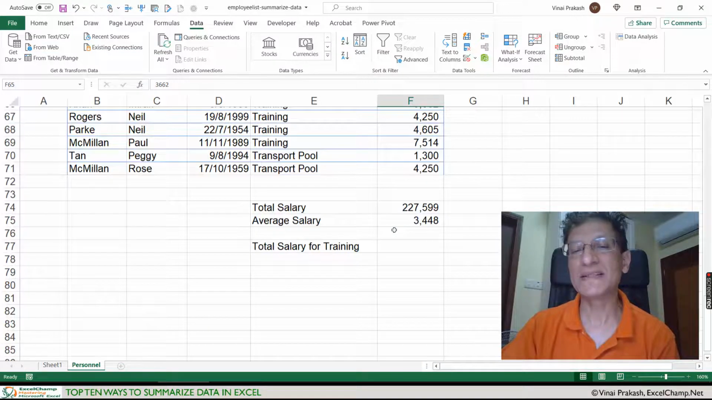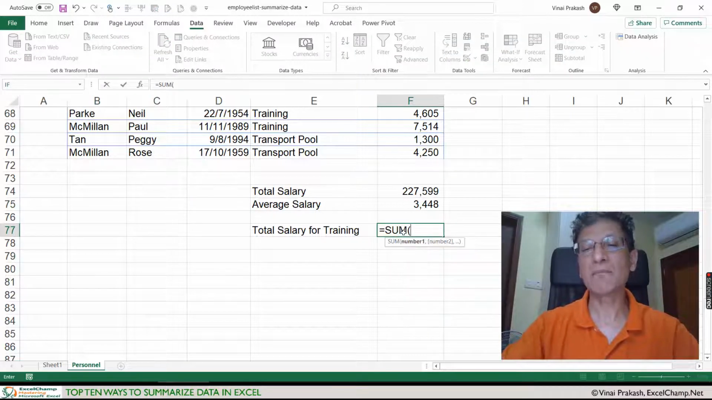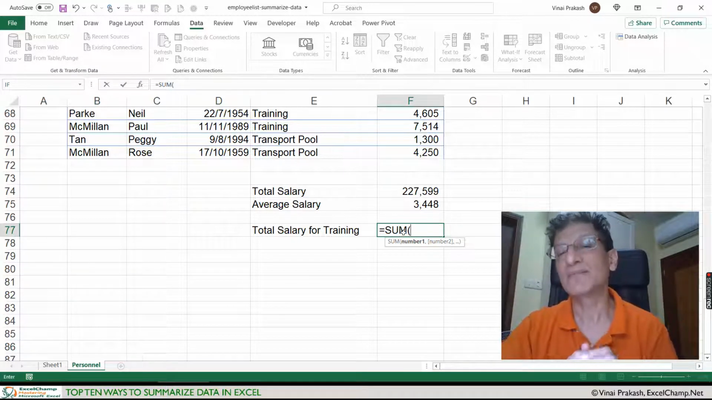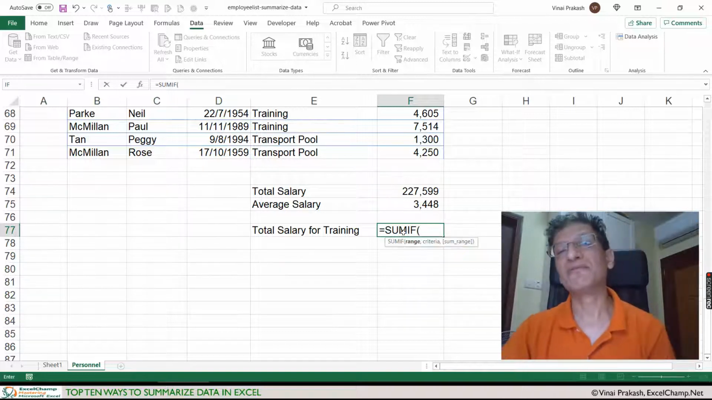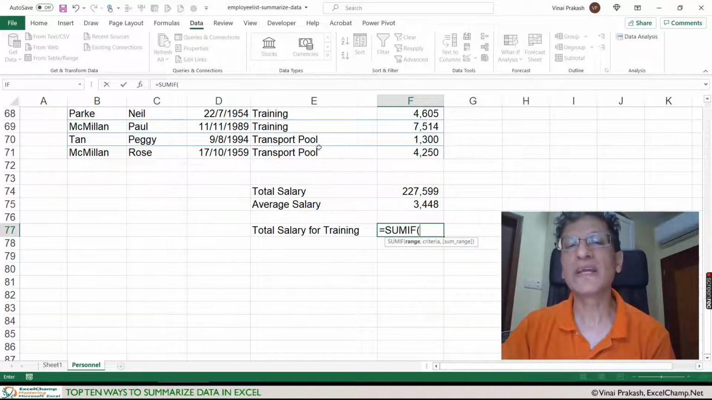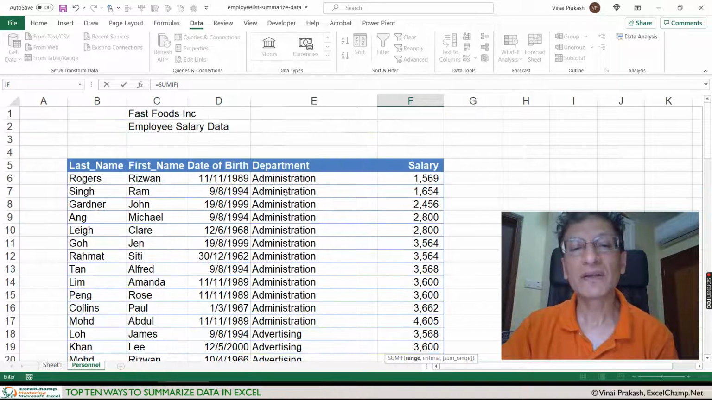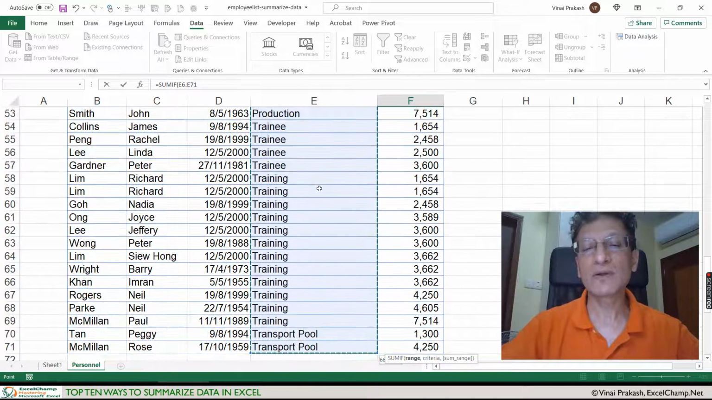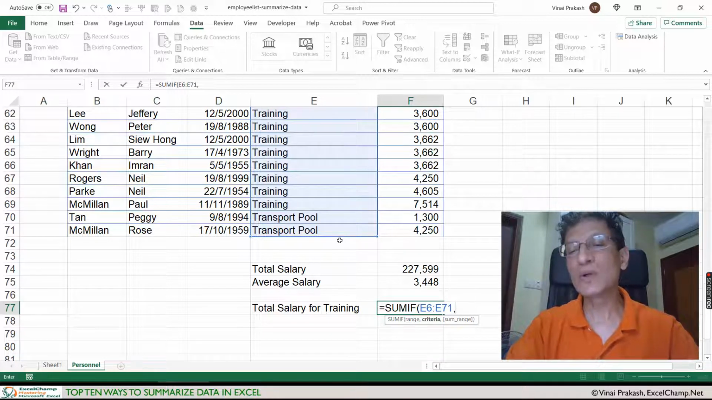So what we will do is we'll just write equal to sum, open bracket, and this will do the total, grand total. Well, don't use sum, use sum if. Sum if means only sum if the department is training. So now we go to the top and we click on the first value, Control Shift down, picks all the department data. If this data is equal to